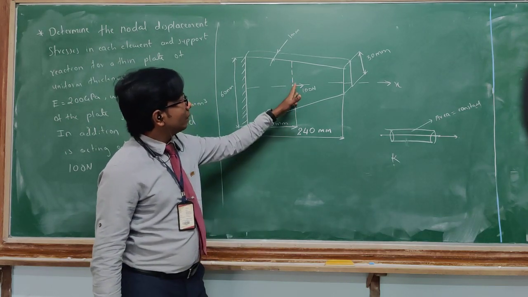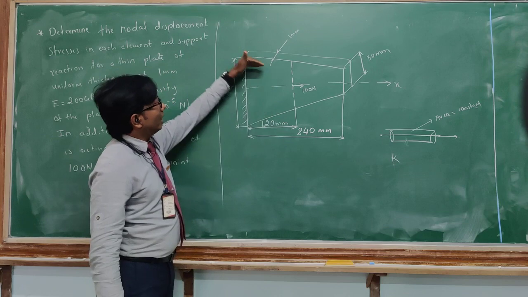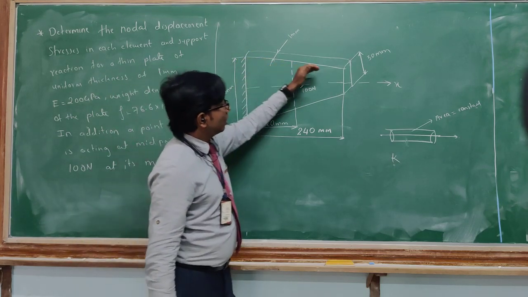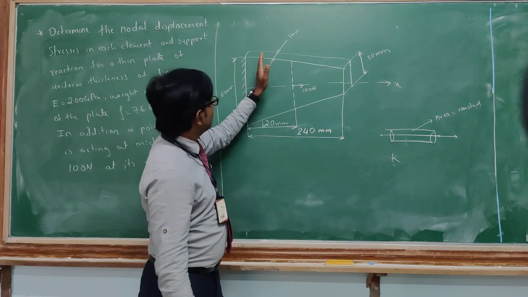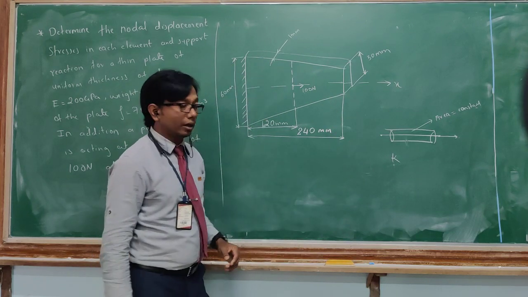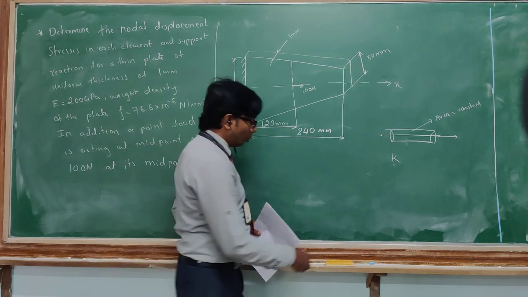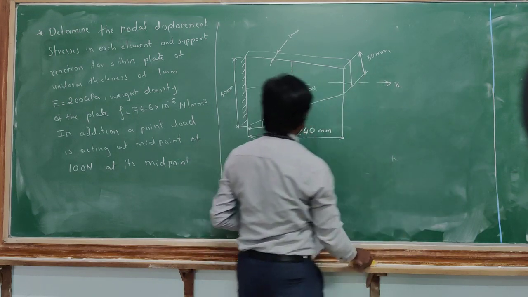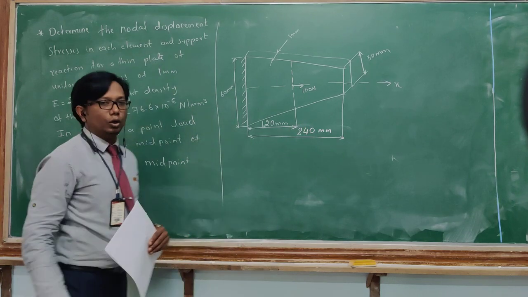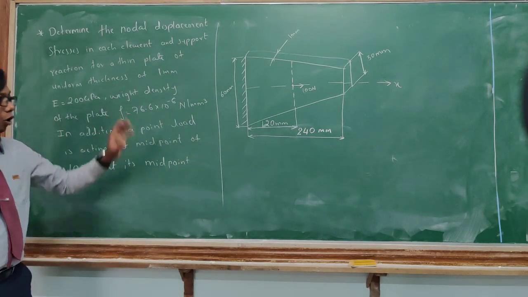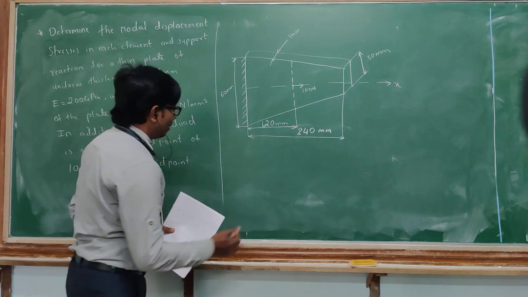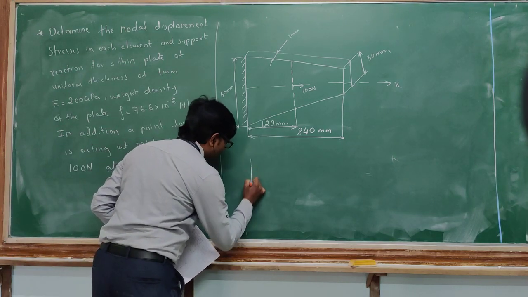But when I go for the tapered bar, if you visualize it, at every instant along the x-axis the cross-sectional area goes on changing. It is not the same as the previous one. For that case, we have to convert this body into a similar stepped bar object. For that, I will be modeling it.